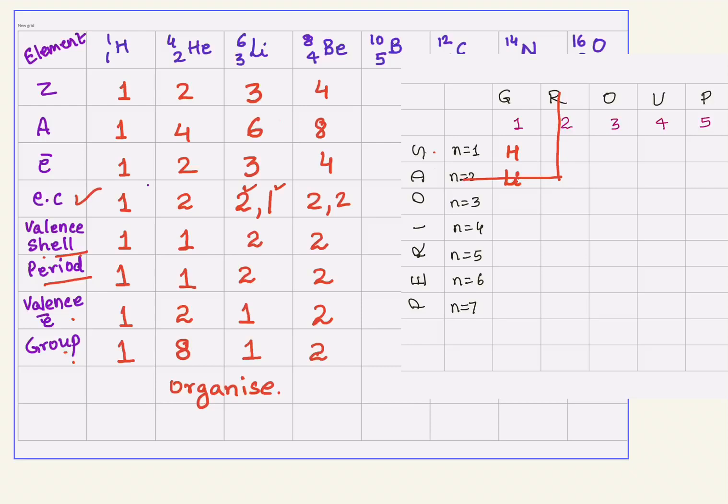The vertical columns are called groups, right? So here you will fill Be. You don't need to draw these lines. I am only drawing these lines for greater clarity. You can actually leave them out, and I'm sure if you have understood the concept, most of you will not be waiting for me to tell you about the position of each of the elements. Go ahead now, try for the next 4 elements.